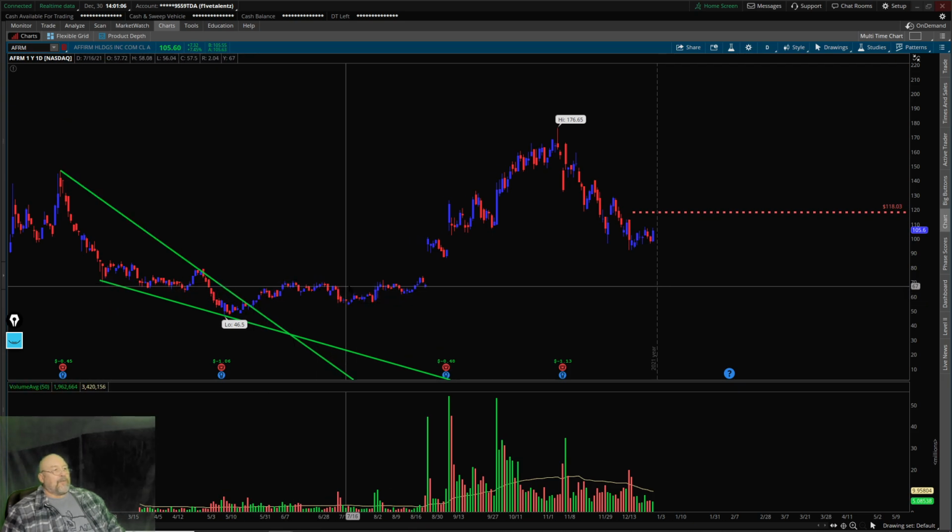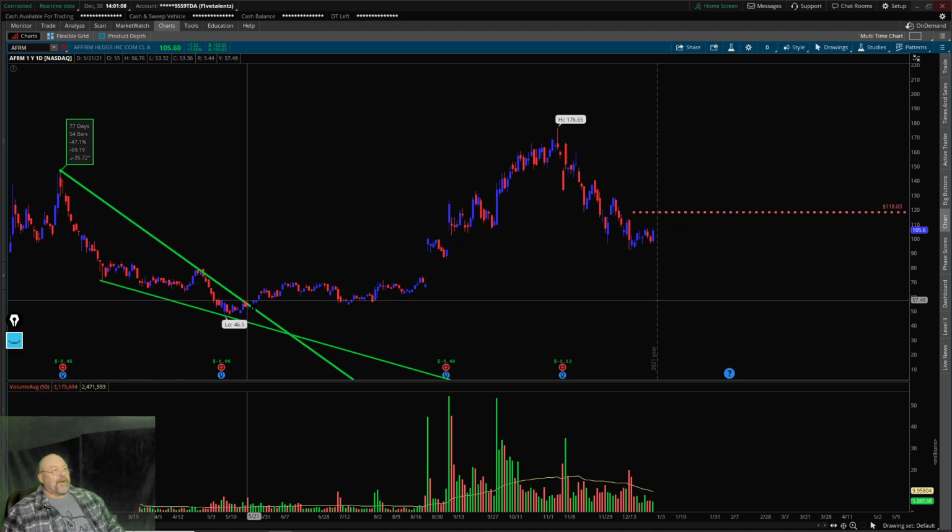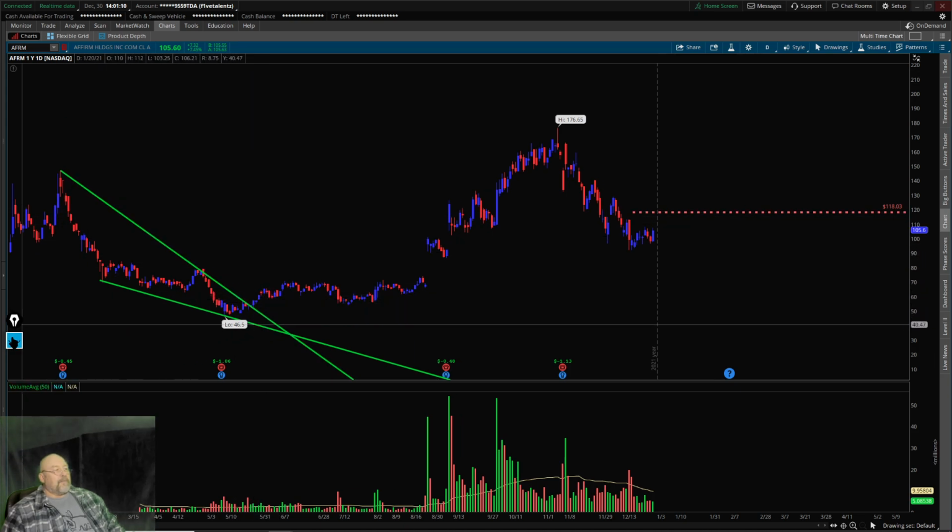Here we break out, we consolidate. Now usually after it breaks a pattern like this, there is a thing called meeting the point. What usually happens after it breaks out is it tends to want to come down again and try to meet the point right here. It doesn't always do so. Obviously it didn't here. It came down a little bit. Sometimes it does meet, sometimes it only comes down a little bit, like right here, and then you have your move. Okay, so trend lines are very, very important